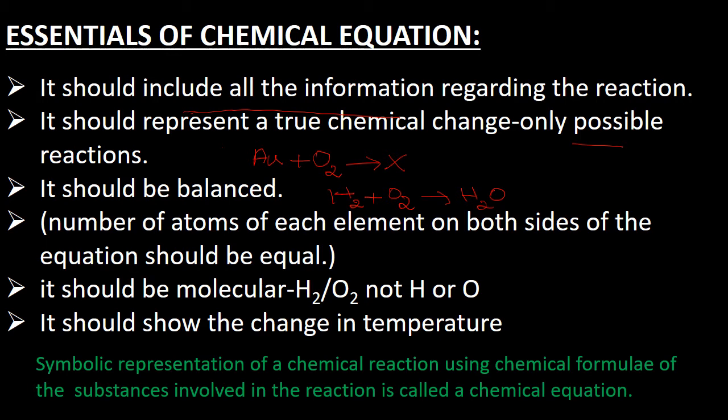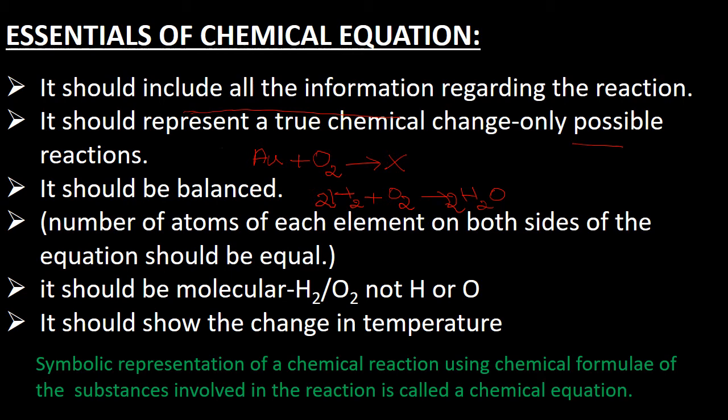Here on the reactant side, 2 atoms of hydrogen, product side 2 atoms of hydrogen. On the reactant side 2 atoms of oxygen, but on the product side only 1 atom of oxygen. So you have to balance it. It becomes 2H2O. Now hydrogen has become 4, so I wrote 2 in front of H2. Now it is balanced. This is how you can balance. Let us see that in detail in the next session.